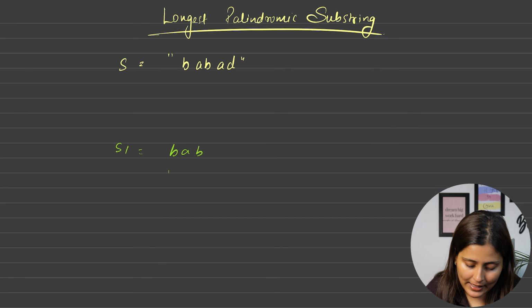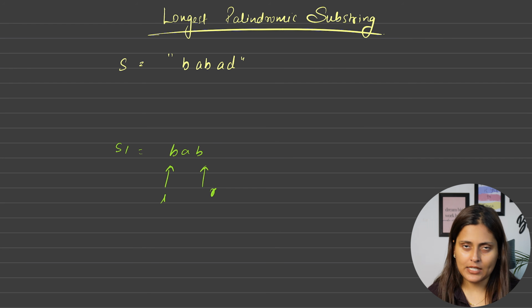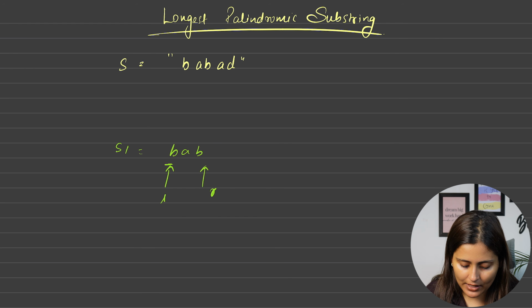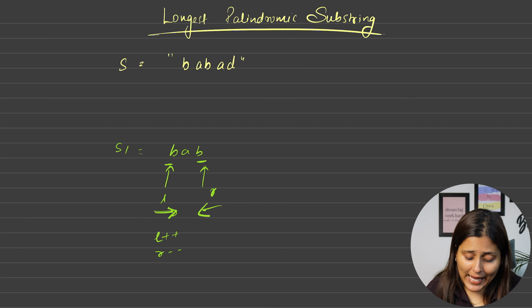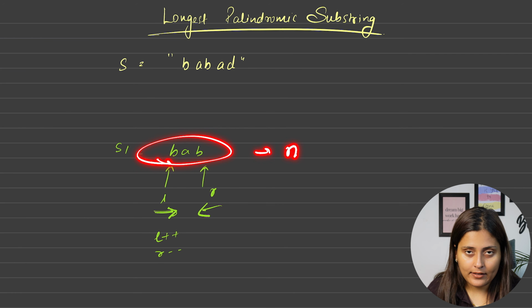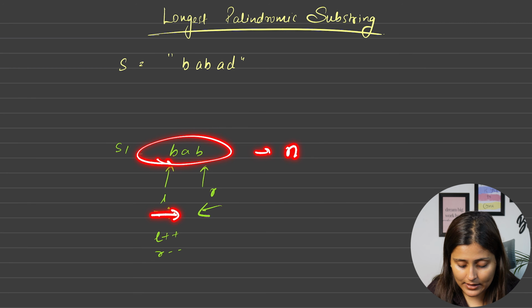So can I say my left pointer I'll start from here and right pointer I'll start from the end. Now I'll check if they are the same, yes. So I will do left plus plus and I'll do right minus minus. So right will move inwards and left will also move inwards, meaning we are shrinking one by one. So for any string of length n, I am shrinking in this way